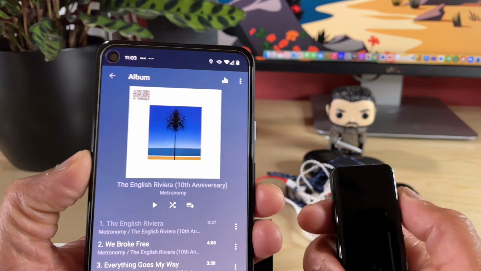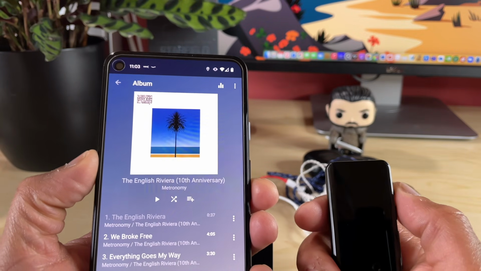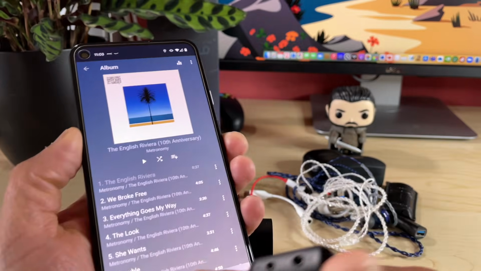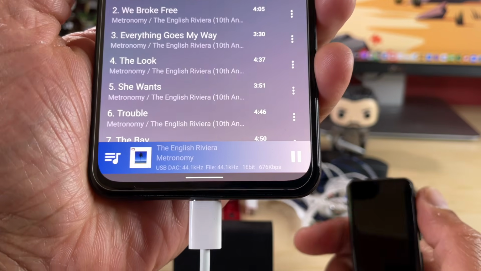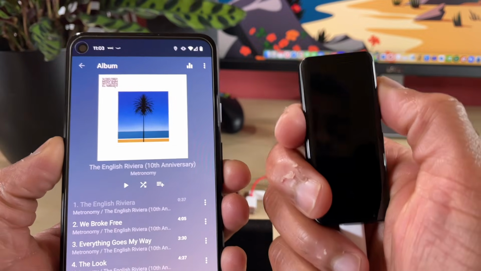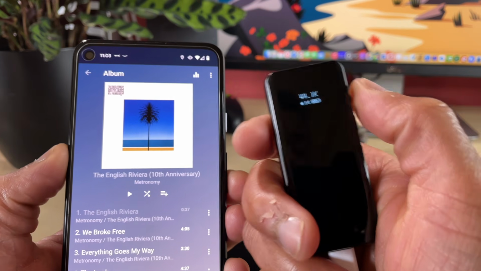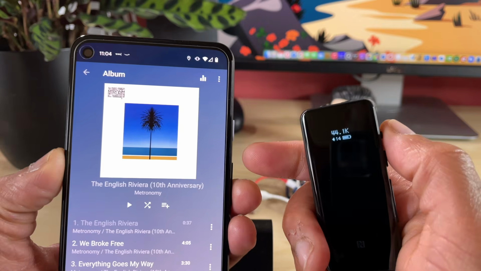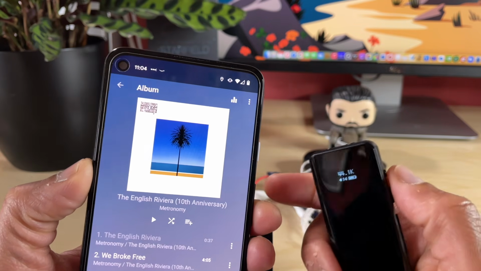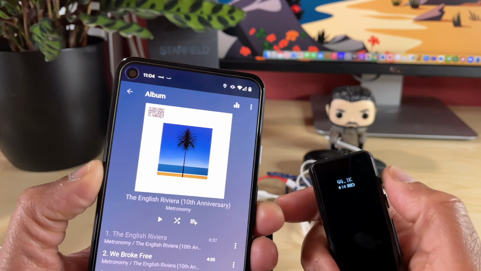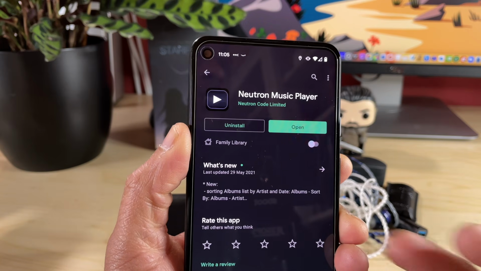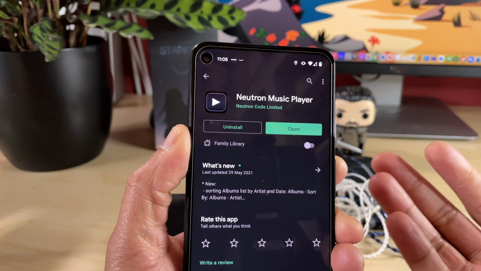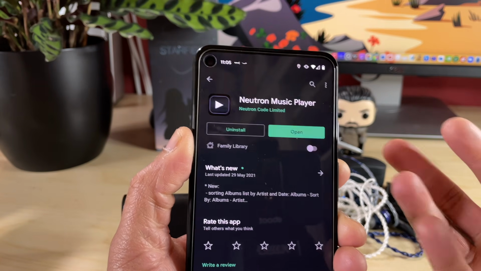If I switch over to a CD quality file, playing at just 44.1 kHz, as you can see, let's check the DAC, and it's switched to 44.1 kHz. So UAPP, absolutely fantastic bit of software, probably the best £8 I've spent on an Android app. It's important to note that UAPP is not the only app that can take advantage of this direct access mode